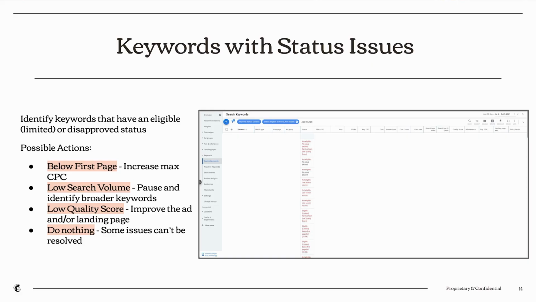You might also see low search volume, and this touches back on that search term report. If you're finding that you have keywords that you're bidding on right now that have low search volume, I tend to look to pause them and identify maybe a broader keyword or a different match type that I might want to bid on. Once again, low search volume keywords don't trigger ads that often, and I don't necessarily find that much volume on bidding on those when I can focus on things that actually drive results.